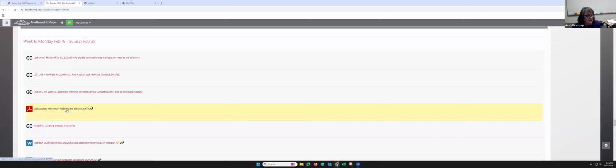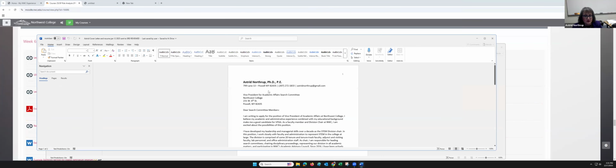Based on all of these resources, you have several lectures and you have some different papers. And the evaluation of petroleum research, this is huge. You're not going to have to read this whole thing. It's 139 pages put out by the Society of Petroleum Engineers in conjunction with some other people. But it goes nicely with how you can write that sort of a paper. So if you look, for example, at the example that I've put up on our page,